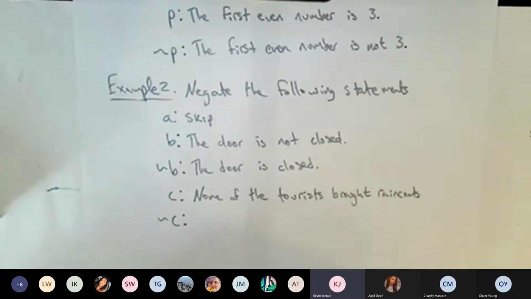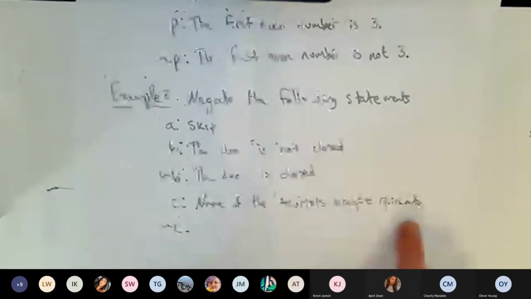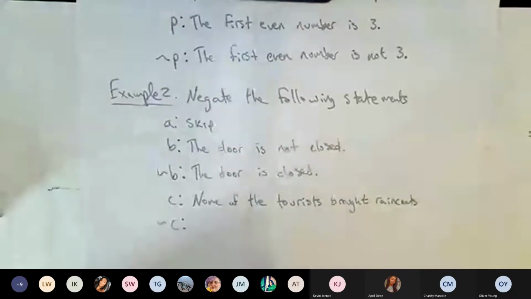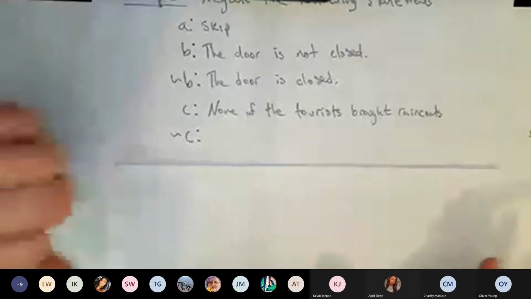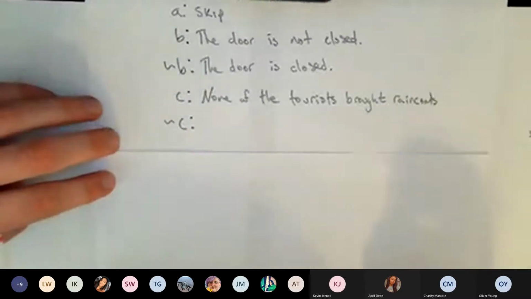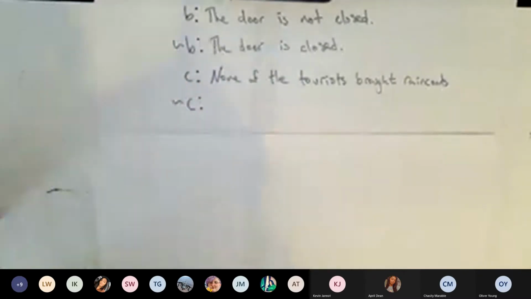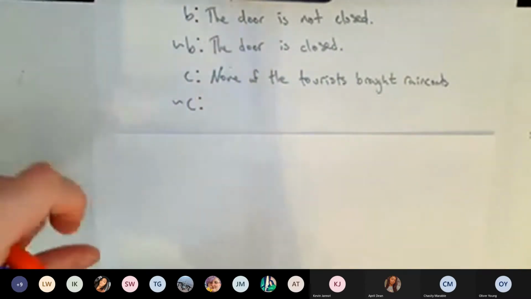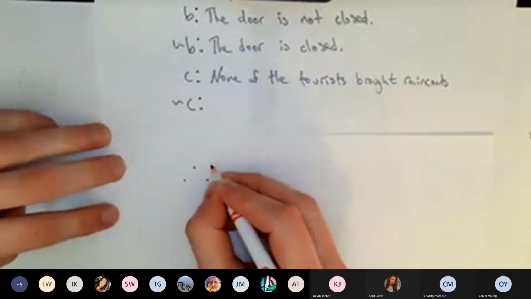Not quite, because there's more to it than that. There's more that we can say. So we want the negation of C to be the opposite of this. I'm going to draw a little picture here to help us figure this out, because this is an important thing to talk about. Let's let these red dots be tourists who did not bring raincoats. So the statement C